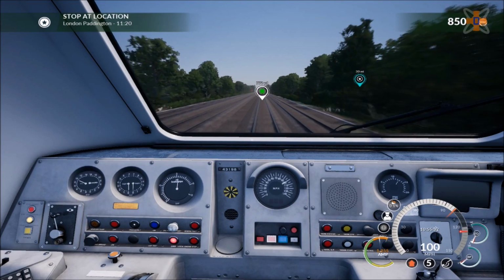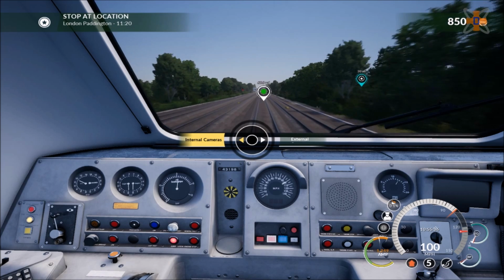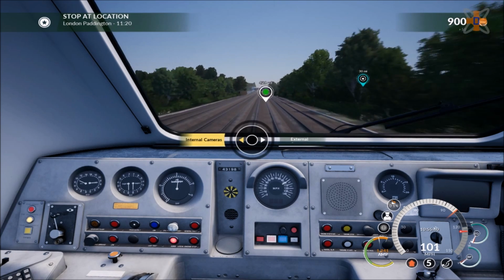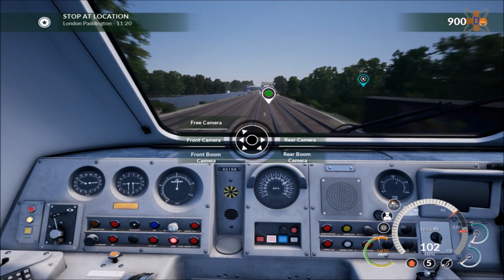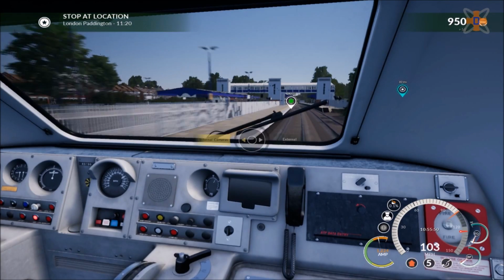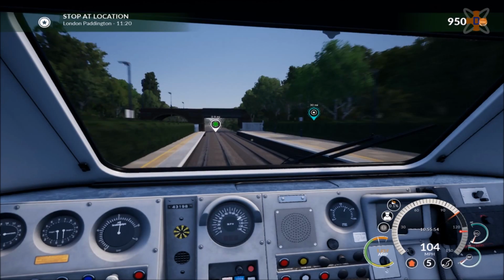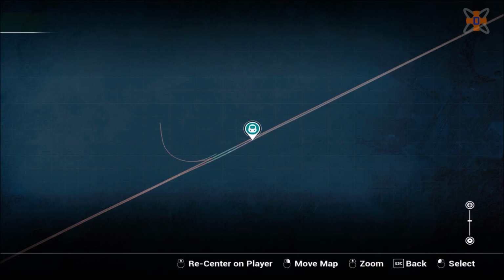So yeah, another clear signal. Not sure if I'd like to say it's clear all the way, but I've got a feeling we may have to stop at least once in the journey. Oh yes, and there's also a... whoops, nope. How do I go back? Okay, can't, fair enough. But basically there's the secondary driver as well, so there are 2 seats in each cab, and you can sit in the other one as well. So internal camera driver, going for a station. Off we go. So if we go to map,